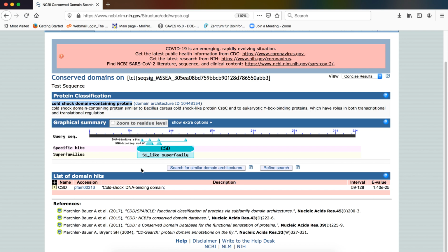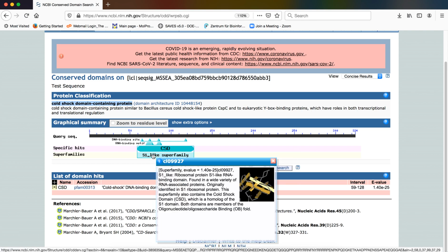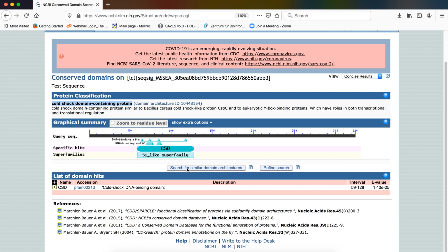Now, this tool also allows you to search for similar domain architectures. As you must be aware, conserved domains are structures which are conserved across evolution and across specific protein families. So there might be similar domain architectures in other proteins as well. So let us search for similar domain architectures.